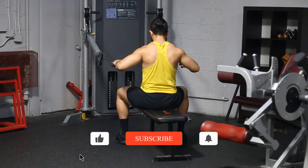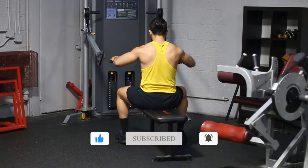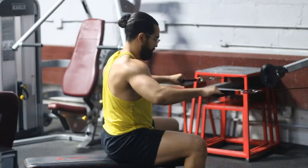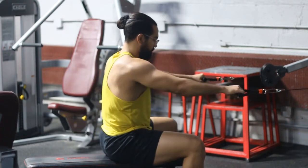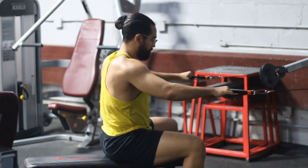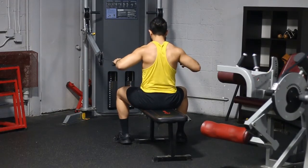Then make sure you choose, obviously, a bench, something comfortable that you can sit on, and make sure that you're sitting up nice and tall, that you're not leaning back while you do it. And make sure that your chin is tucked and you're sitting up nice and straight with your feet pretty wide. That's going to be the most comfortable base to pull from. And then you also want to make sure that you're bringing the weight all the way forward and then driving